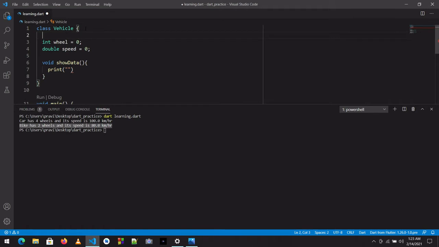Now I have to take a type value, string type. So I will also take the type of vehicle we have.